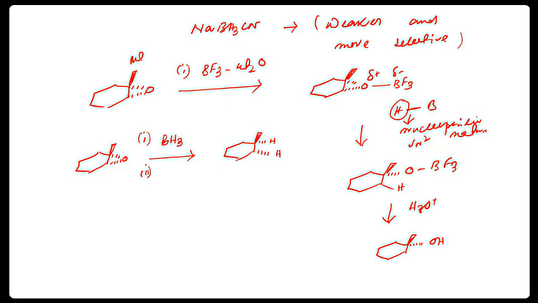Same boron reagent, one OH is here and one OH is there. Just by using a different, more selective kind of boron derivative, sodium cyanoborohydride, we have got two different alcohols from the same compound. So basically, in short,